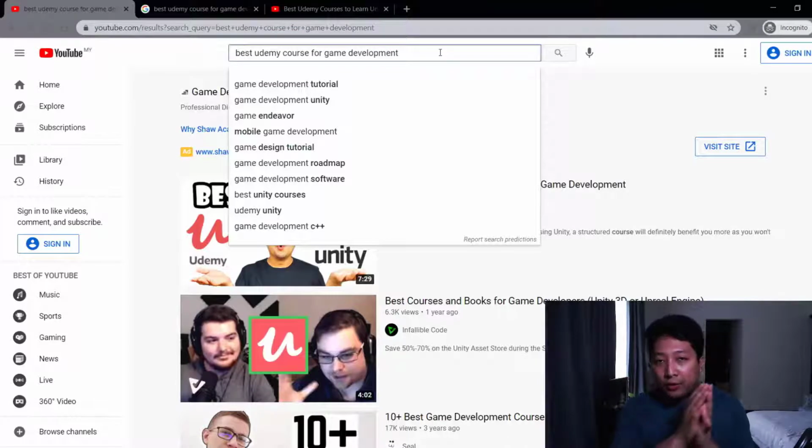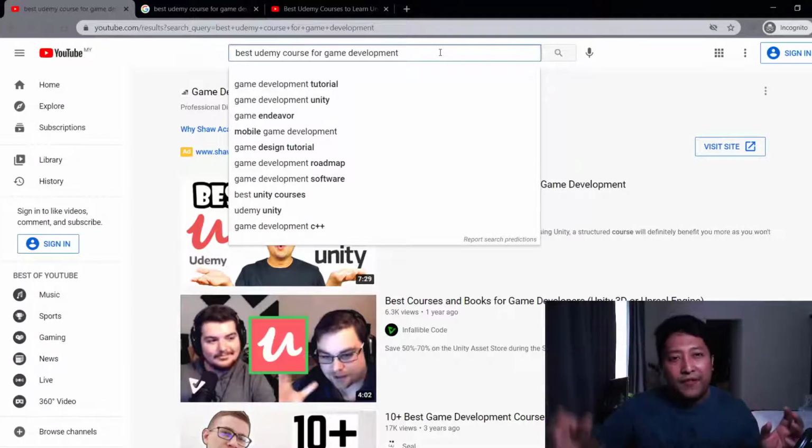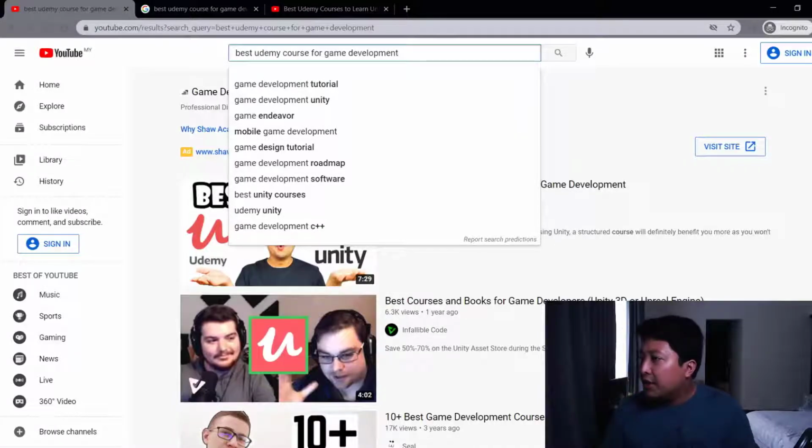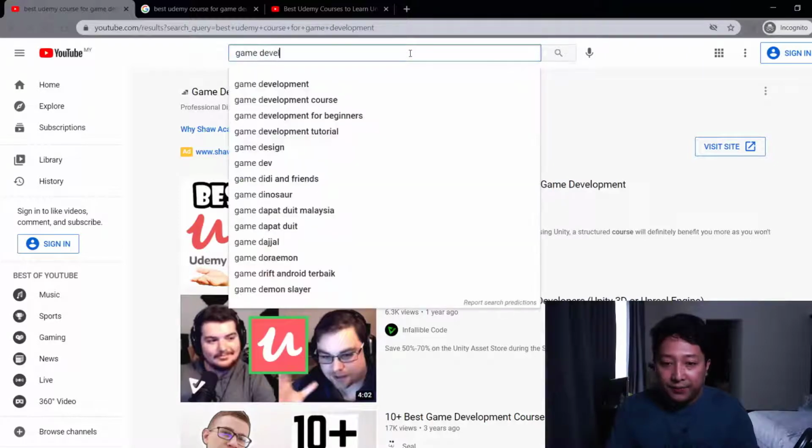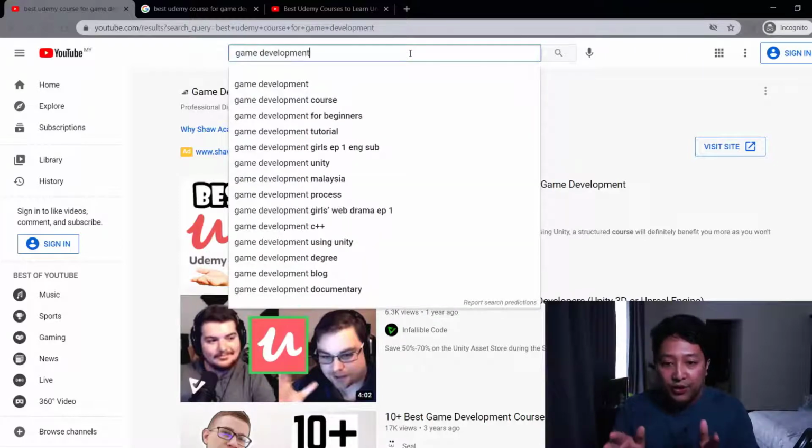And rather than going for the long tail keyword straight away, which is maybe 4 to 5 keywords and above, I would suggest you start simple. Start with just a few keywords. So for this example right here, we can start with game development. And again, I'm showing you from the YouTube search bar, which is different from Google's. But again, they're interconnected. And immediately you'll see suggestions in bold at the back of your first keyword that you